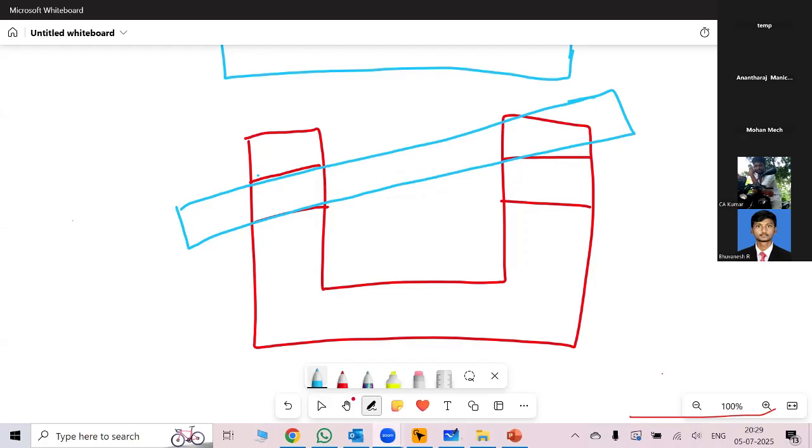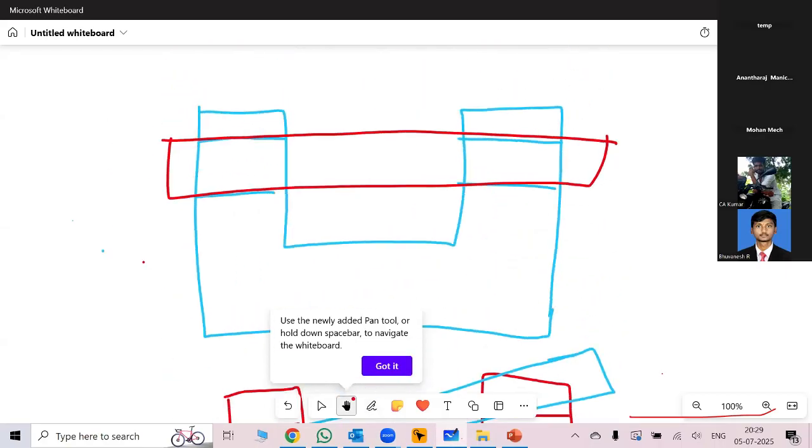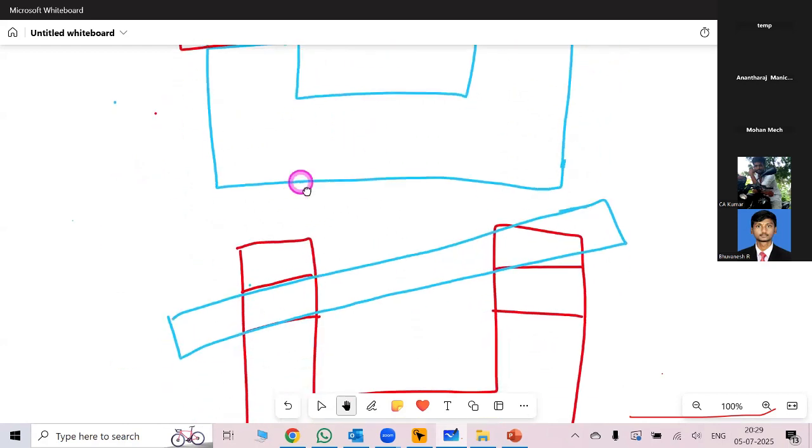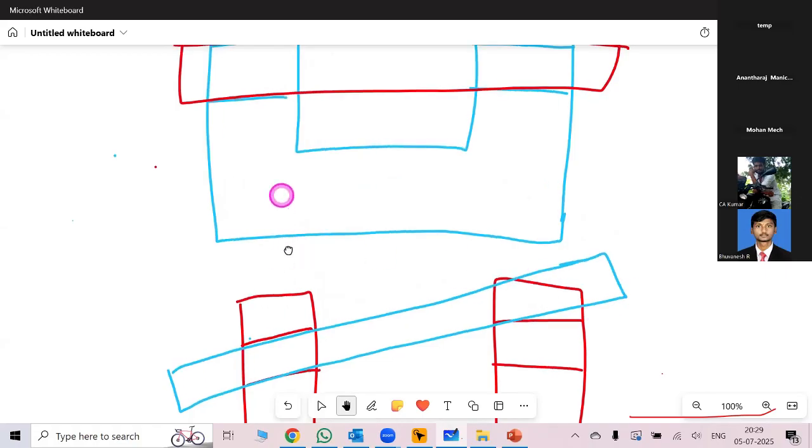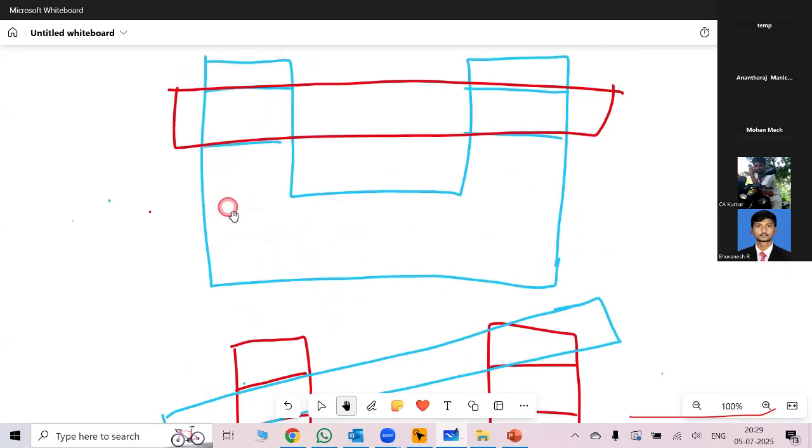Okay, true position means the theoretical value, whatever I had explained over here. My requirement is this. Whatever I give in the drawing, I tell that this hole should be at so and so height, right? So from this surface to the center of this hole, I give some dimension, say 50 mm. It should be exactly 50. That 50 is called true position, but practically achieving that 50 would be difficult. So that is how we got this variation. True position is the theoretical value that we give in the drawing.